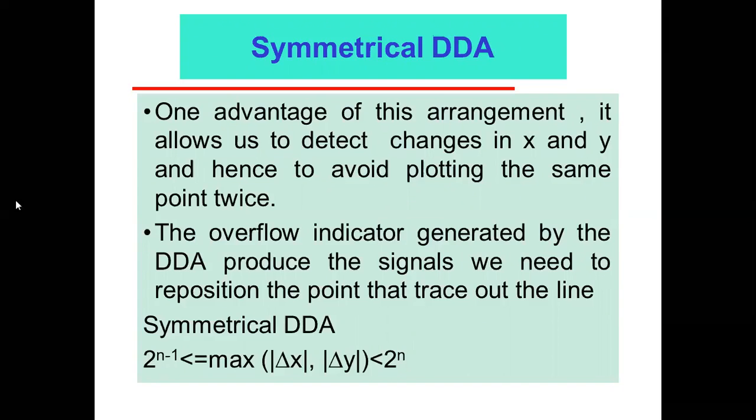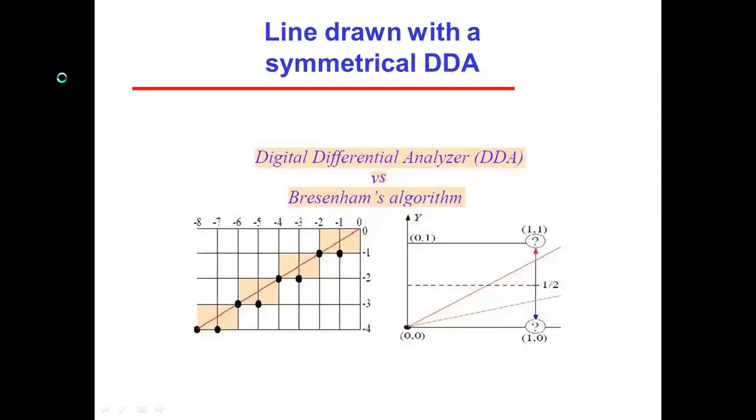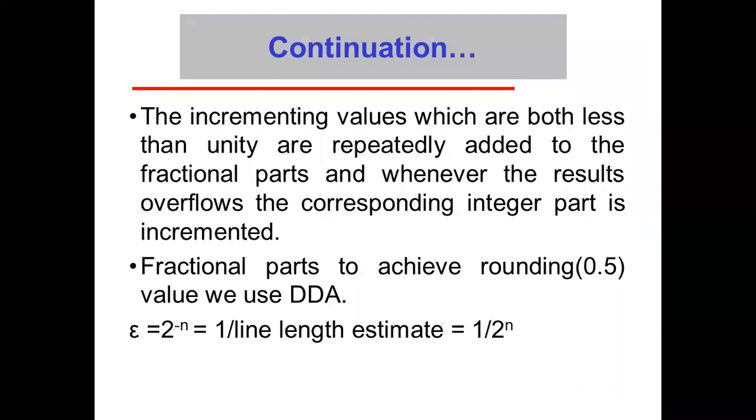Similarly, you can replace this by whatever maximum value you are getting. Suppose here you are getting (6, 9), then you put the maximum value here, so this will be replaced by 9, and then you solve the inequality. You put n equal to 3 once and then n equal to 4 again. For n equal to 4 it indicates that it is okay. So here we will get the value of n as 4, and you can check it.